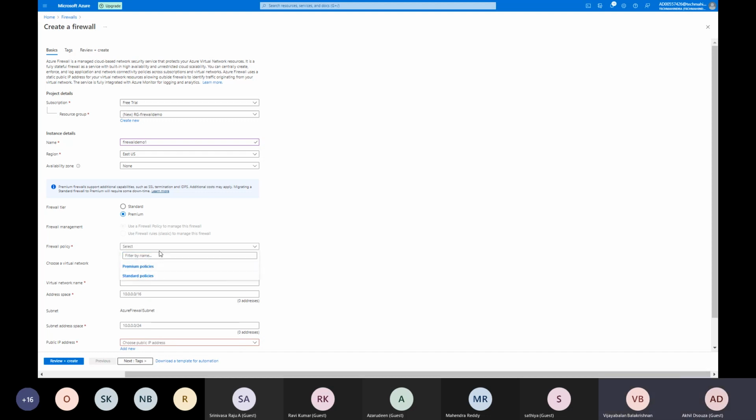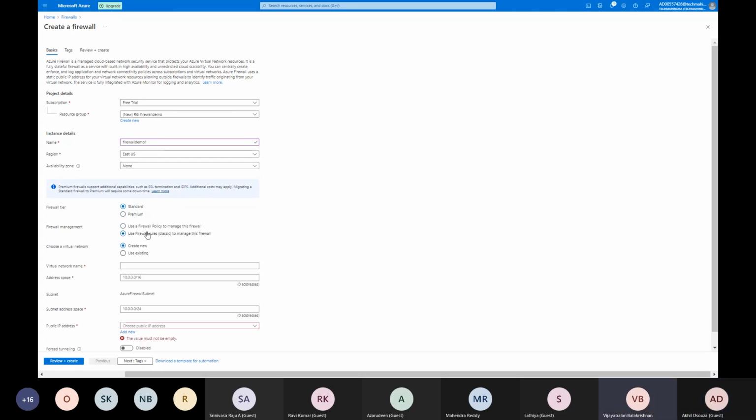The default setting is fine. I'll use firewall rules classic to manage. For the virtual network, I'll create a new one, VNet one.